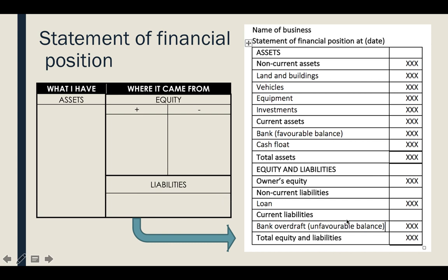So hopefully you can see assets go at the top, equity and liabilities go at the bottom, and that is all that you need to understand a statement of financial position. You might sometimes still see it referred to as a balance sheet. That's the old terminology that was used a very long time ago, but some people do still refer to it. And if you see both